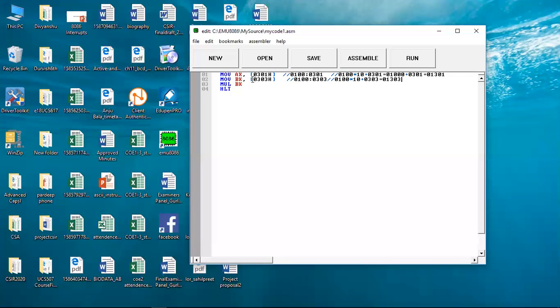What does it mean when we are using the square braces? It means the content from that memory location is stored into BX. We will take 16-bit data at this location and that data is stored into the BX register.